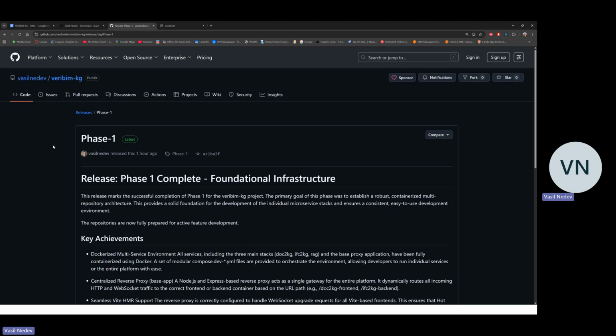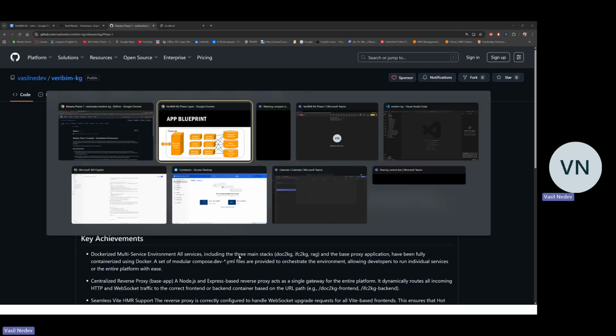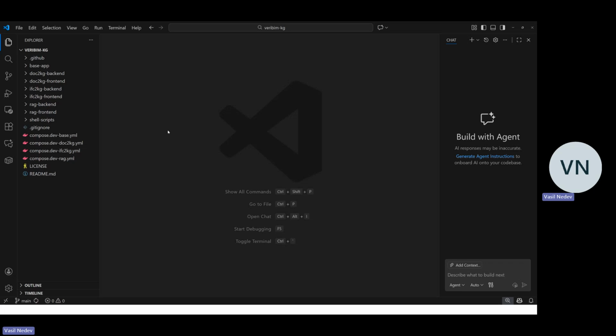I will not go through the details in reading the actual documentation, because what I would like to do is to go to a live presentation on how, if anybody wants to use this repository on your own computer, or whether you want to use part of the code as a blueprint, whichever way you like, or to fork the repository for your future development. So let me move to next part of my presentation, which will be showing the code inside Visual Code